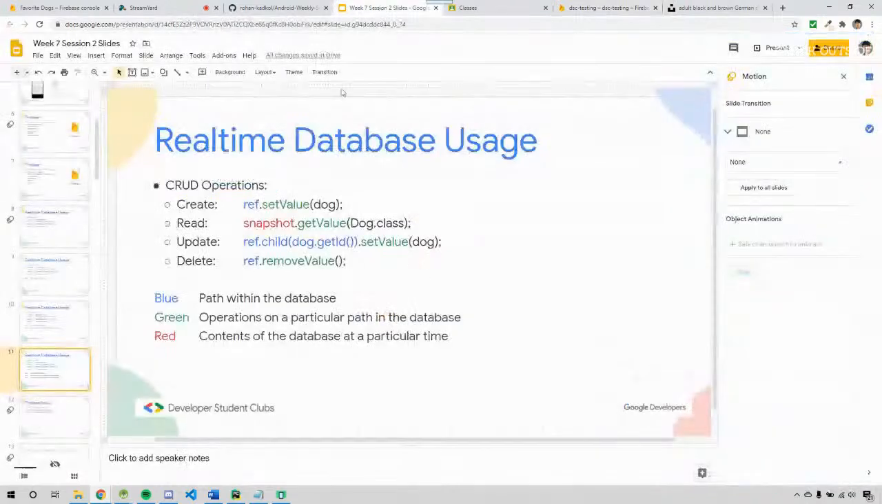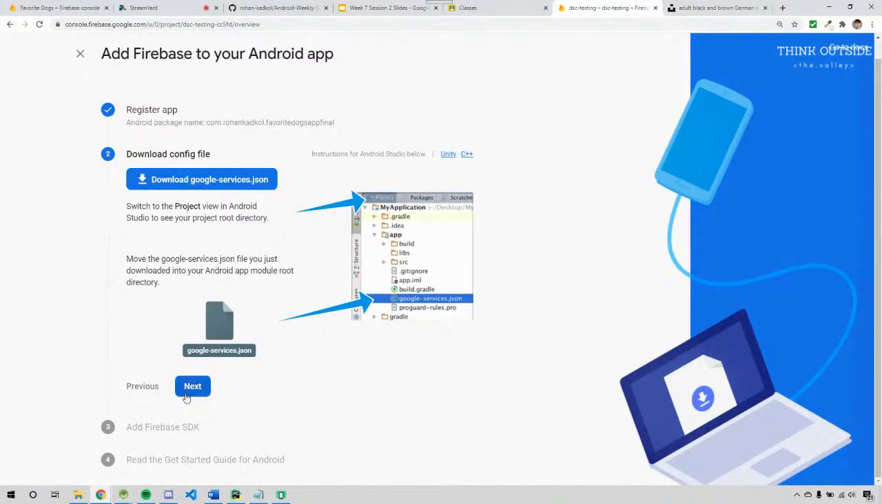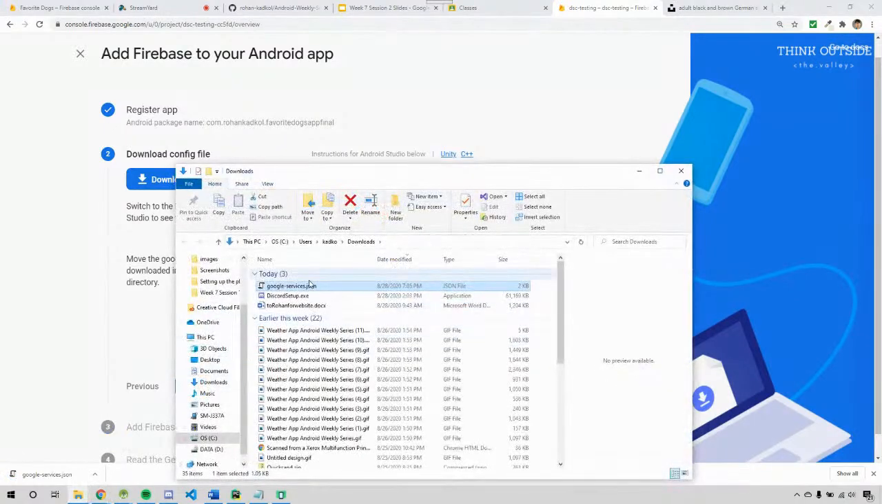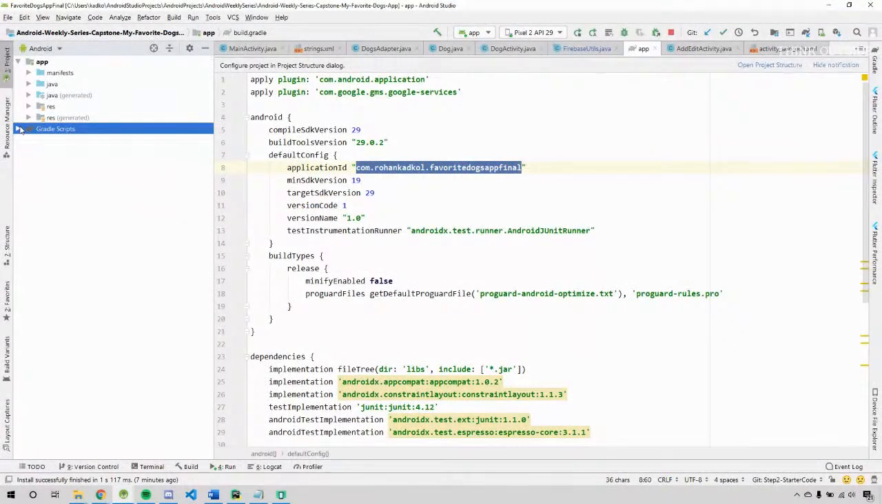Right. Now, in a Firebase setup, we created a project. Let's do a second step. Download this file. So click on the download button and download this Google Services .json file. Let me show it in folder and Control X. So cut it. Now in our app, if you expand app,